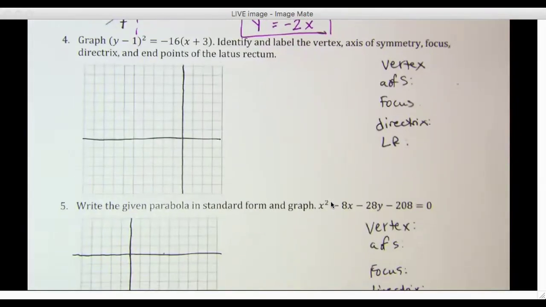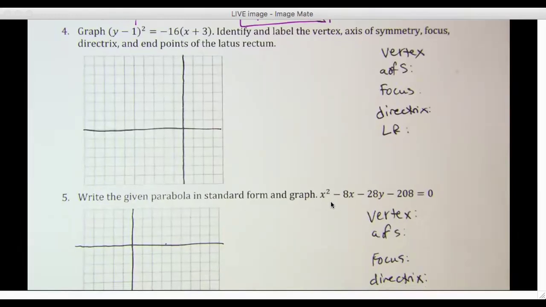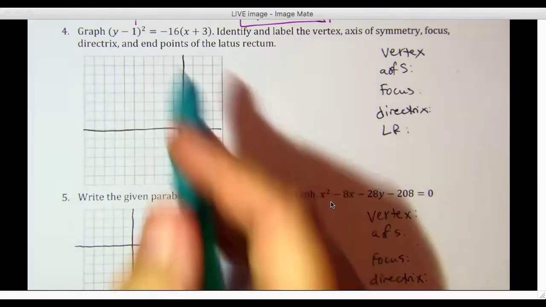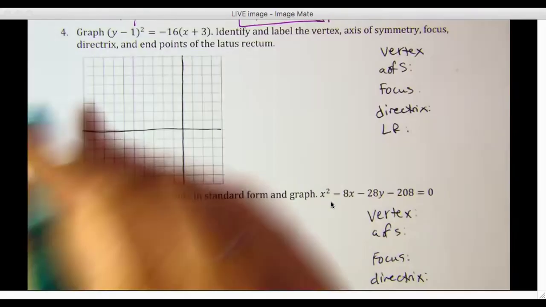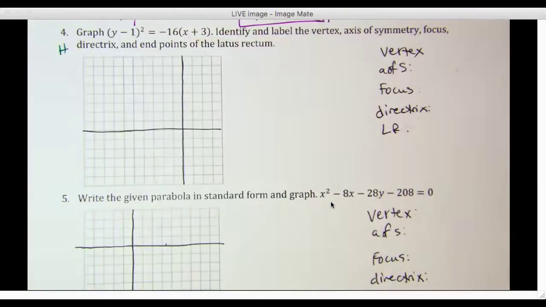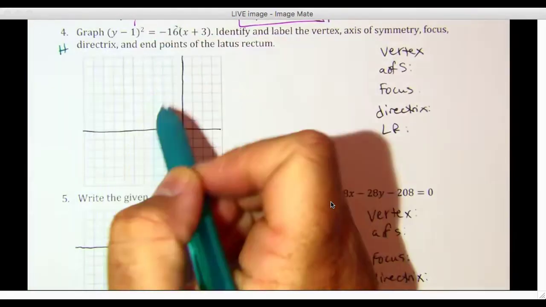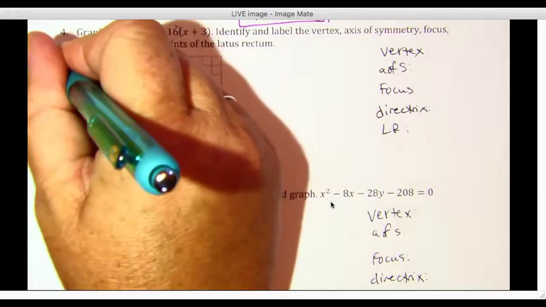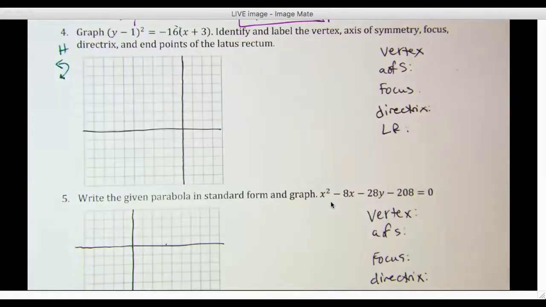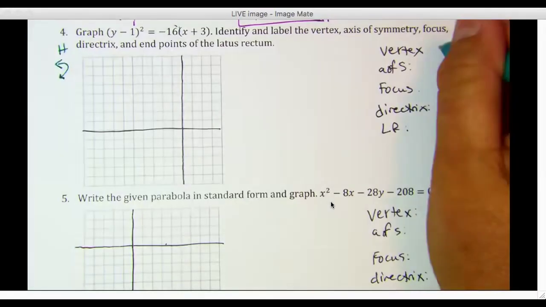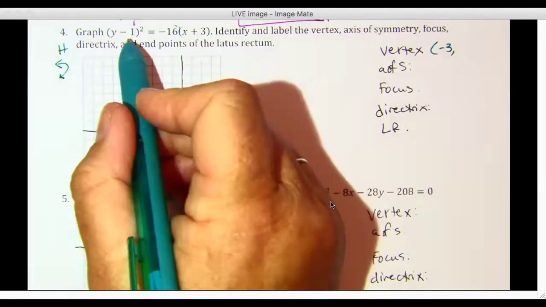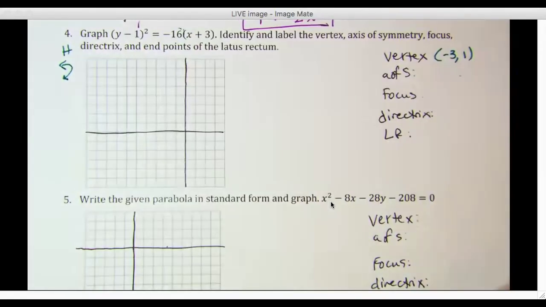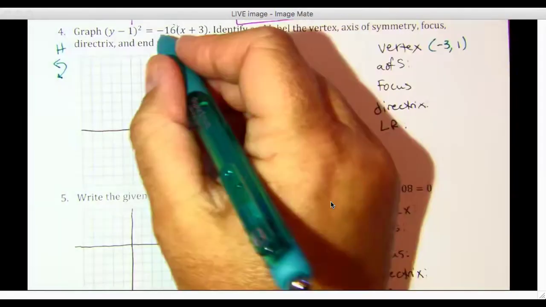Two more examples here. Number 4, we have the equation of our parabola. Because I have y squared, I already know this is going to be a horizontal parabola. With my p-value being negative, I know it's curving in a negative direction. So that's what I'm expecting for my graph. My vertex: my h is with x, so negative 3. My k is with y, 1. And my p-value,